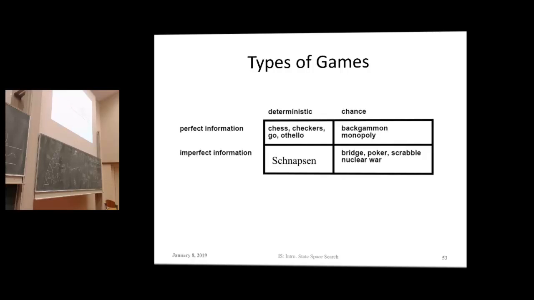This is what gets us to the situation of Schnapsen, where we have deterministic, so I know if I play this card, then this will happen, and my opponent can only play the cards that he has on his hand, or she has, but I don't have the information about it. So that's where Schnapsen is in this case. And then there are games where you have both, an element of chance and an element of uncertainty. So in poker, for example, you get new cards and you don't know which, and you have to adapt your strategy according to the new cards.